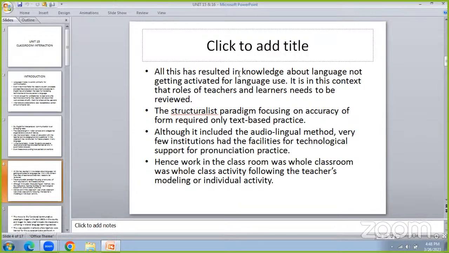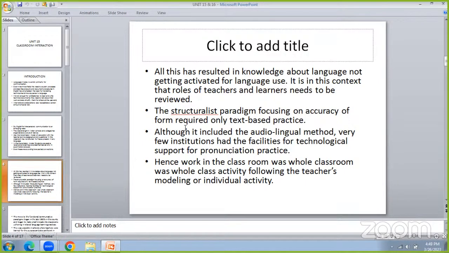And then we are learning, we are getting to know that. So what happens with that? What is the result of this kind of situation? All this has resulted in knowledge about language. So the students will definitely get knowledge about the language, but they don't get it activated for language use. Because of this, we need to give thought to reviewing the teachers' and learners' needs. What are the learner's needs, and what is the role of the teacher that can cater to the learner's needs? So now coming to this, we have the structuralist paradigm, focusing